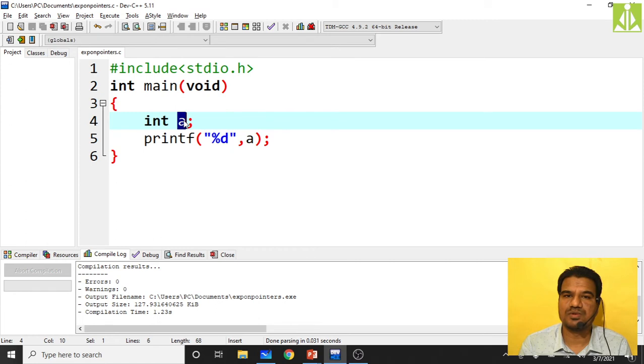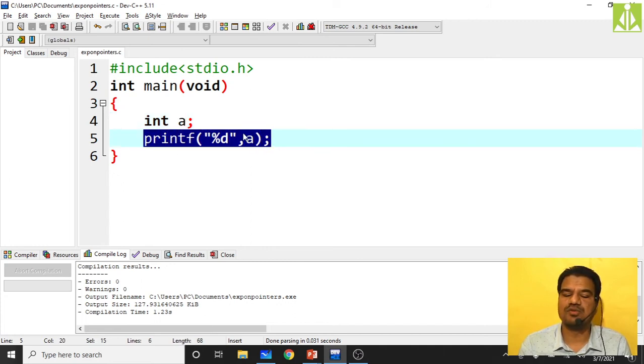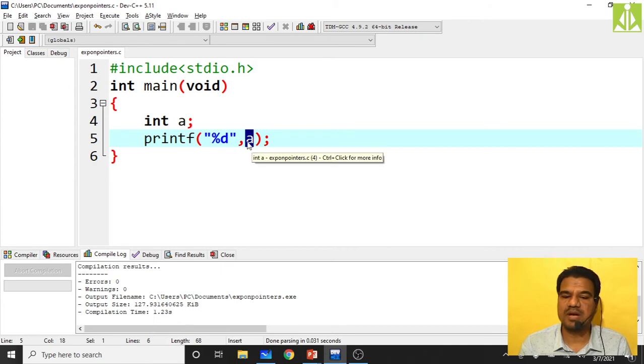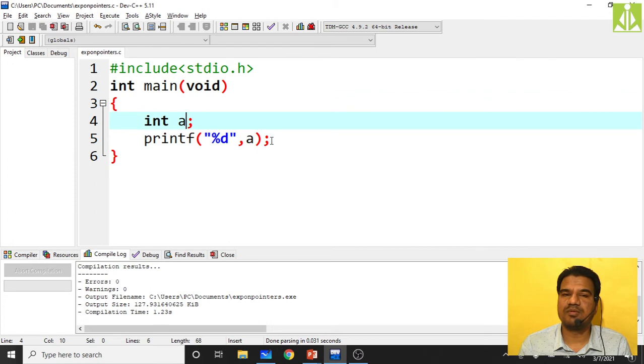If you go to Turbo C or any older compiler, when you declare the variable and don't initialize it, and then execute the program, you will get some garbage, some unknown value for a. How can we overcome the problem of garbage values? Simply by initializing a to 0.